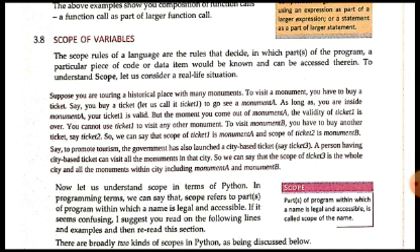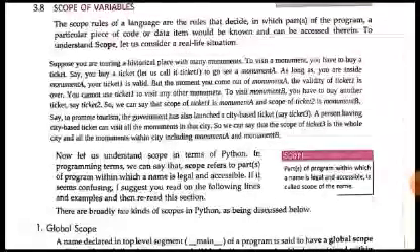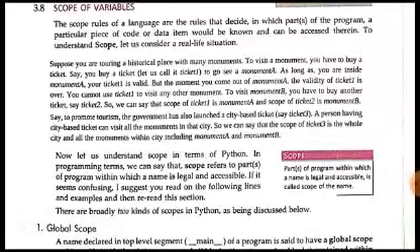Now in terms of Python, a scope refers to the parts of a program within which a name is legal and accessible. Name means the name of any variable. Those parts of the program are known as the scope within which a name is legal and accessible. Legal means it is defined and recognized within that scope, and it can be accessed also.